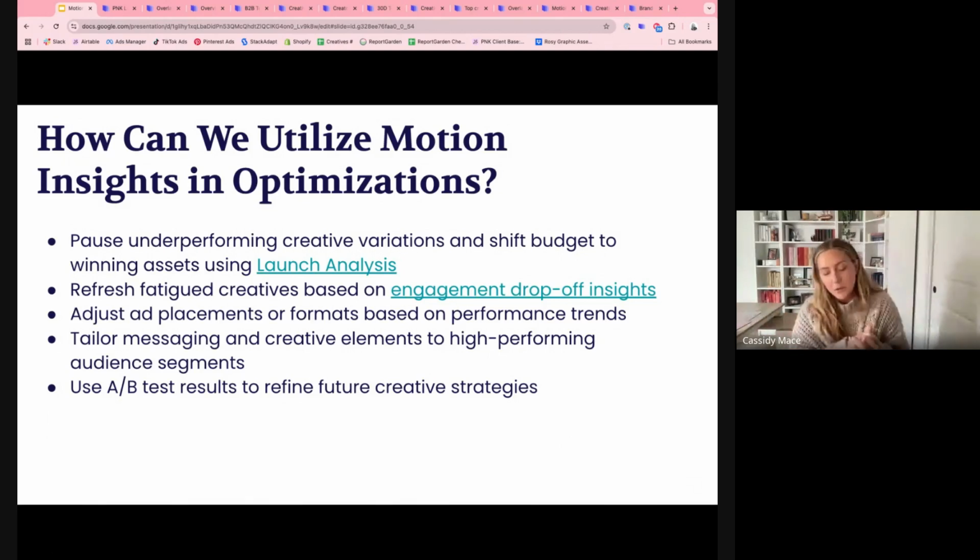So really recommend when you are doing your Meta or your TikTok health checks, jump in Motion, take a look at Motion to see what's going on. Make sure that we're being really on top of this rather than being reactive. I think this gives us the opportunity to be proactive in our creative optimizations. Again, we can adjust ad placements or formats based off of performance trends, just messaging and elements, and then again, gives us opportunity to recommend A/B tests or implement A/B tests with creatives we already have